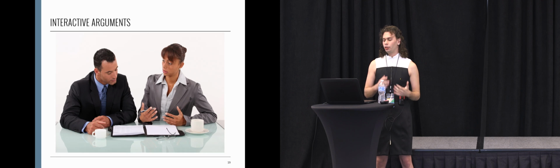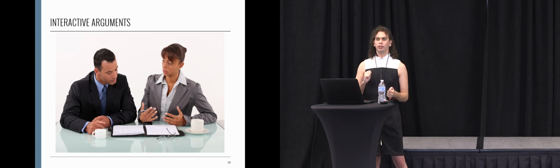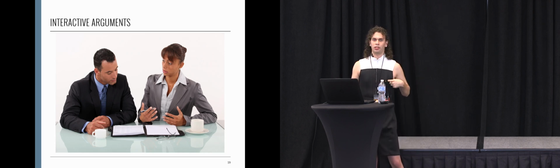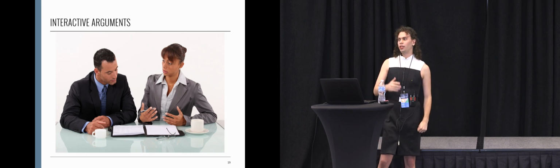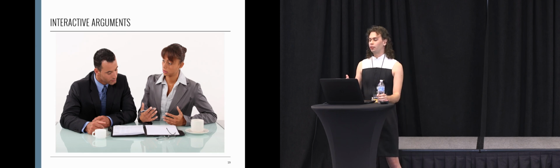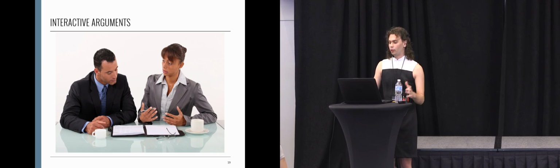An interactive argument is sort of the reverse of an interactive proof. Instead of someone explaining to you their computational process, they want to convince you that they know the answer. And the way that they do this is by presenting you with partial explanations and partial arguments, as well as cryptographically making commitments, promising that certain things are going to come out true at the end, no matter what follow-up questions you ask them.